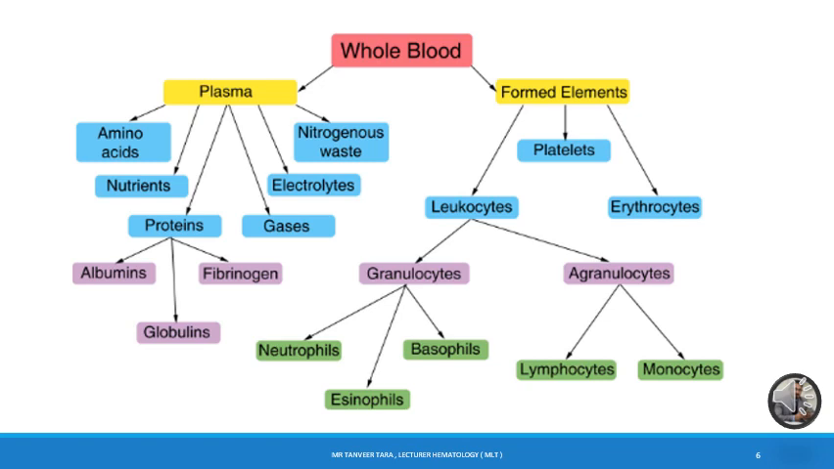So the one part, plasma, is composed of different types of chemical substances that include nitrogenous wastes, electrolytes, gases, fibrinogen, clotting factors, globulins, immunoglobulins, antibodies, albumins, protein, nutrients, amino acids, and a lot of different types of hormones that are included in the plasma, whereas the rest of the part is formed elements,